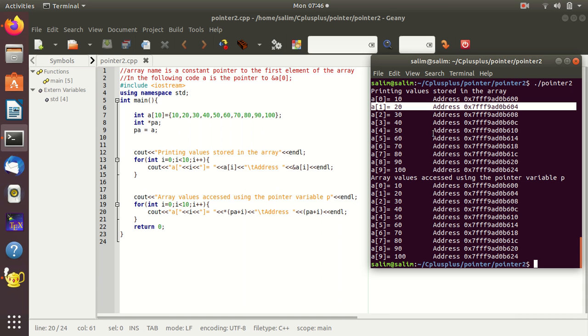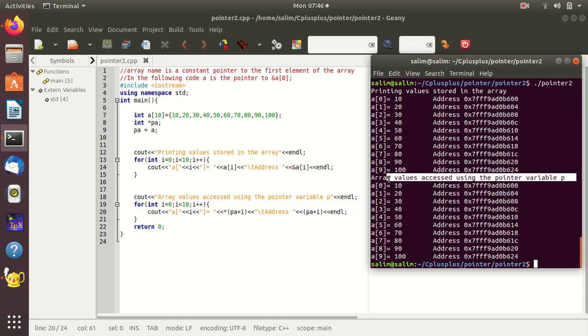In this way you can see all other elements of this array, the values these array elements hold and the corresponding memory locations. And you can also see the array is accessed using the pointer variable PA.